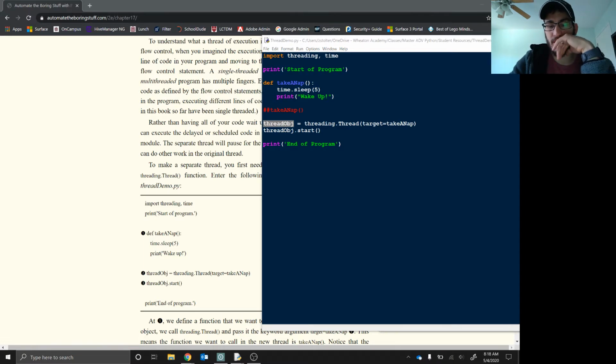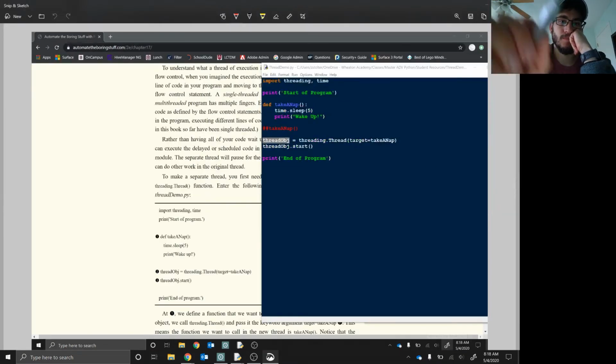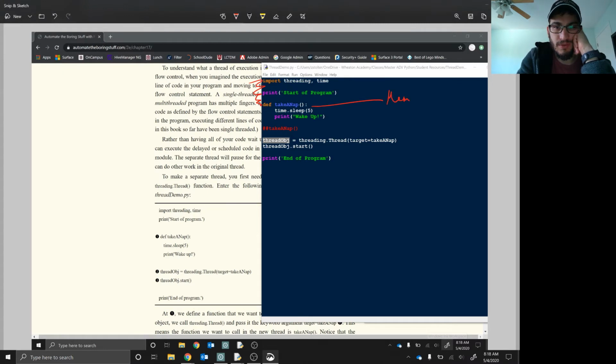Let me just draw this again because I like drawing on my screen. So red is going to be our first thread. So it comes in here, goes print starts a program. This gets loaded into memory, right? Because it's a function. It skips that, goes here. And then as soon as it goes here, one thread jumps back up here and starts doing all of this. Let's go blue. The other one starts here and starts executing this. So if we added more to the code,